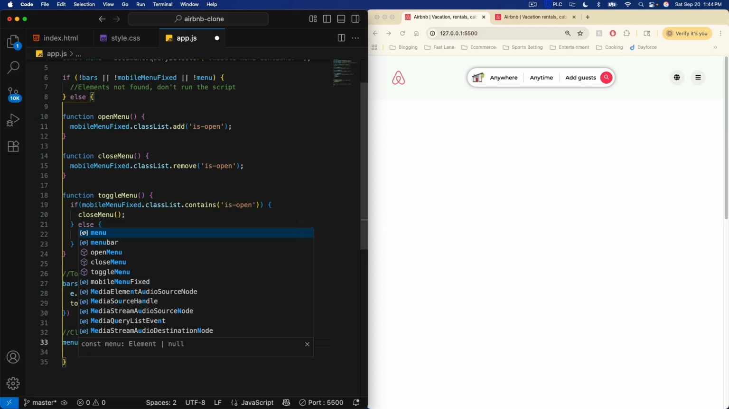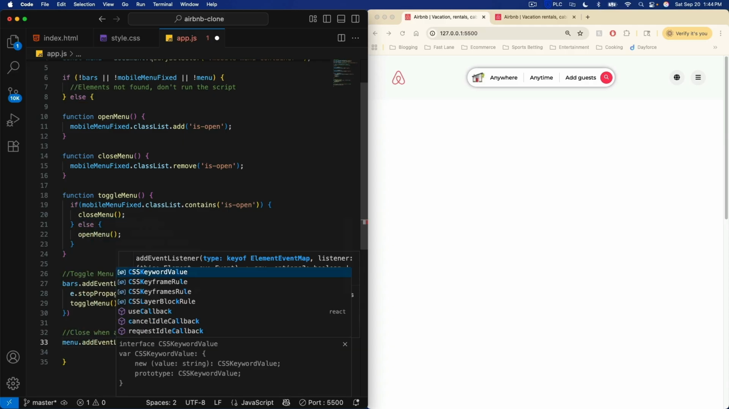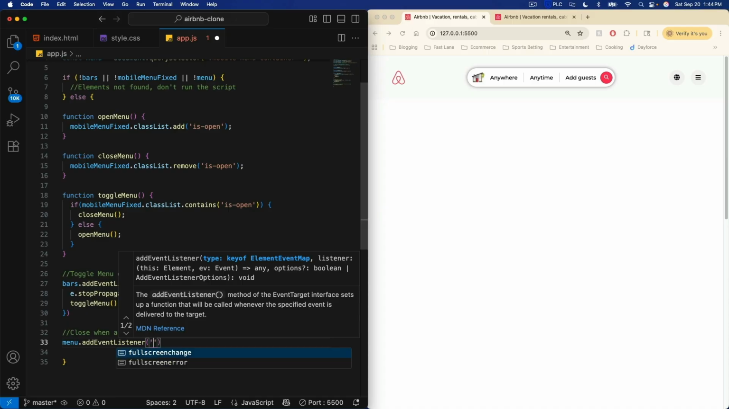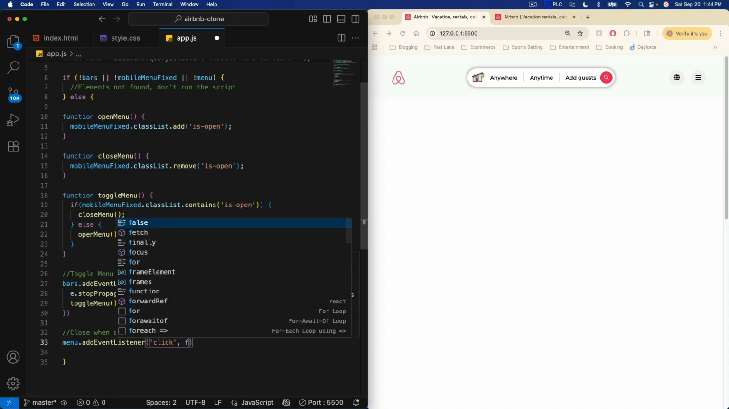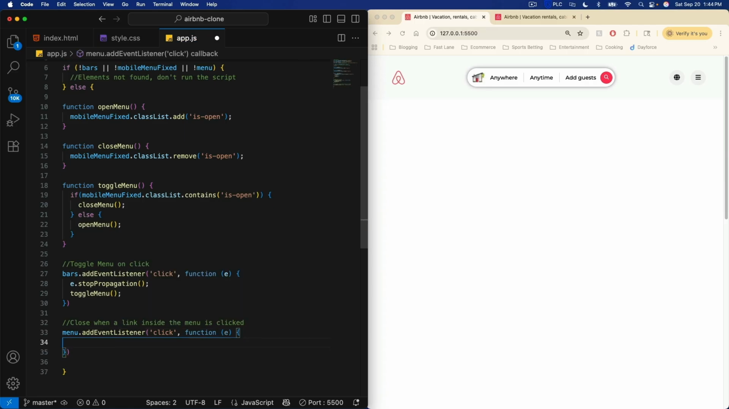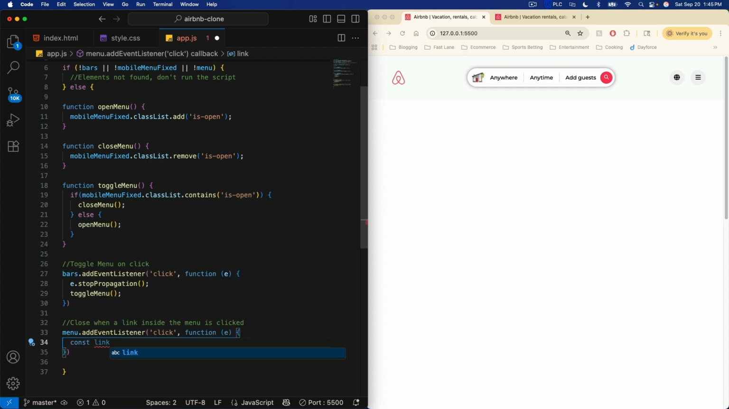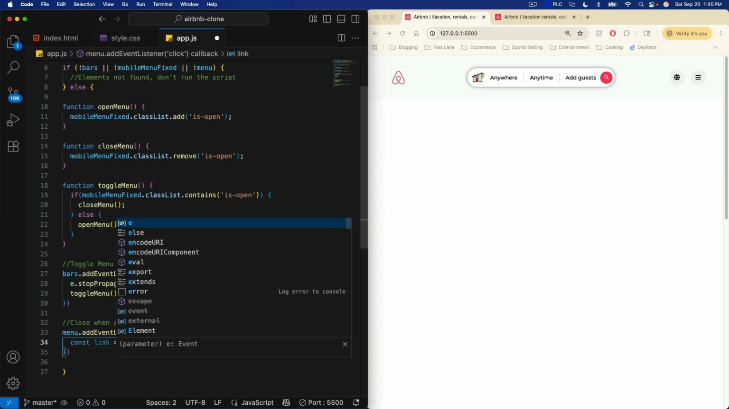So we're going to say menu dot add event listener. And again, we're going to listen for that click event. It's called an event when a user does something. So we'll say click. And then same thing, we're going to say function, parentheses, E, our curly braces. And now we're going to make another variable. We're going to say const link for our menu link. And that's going to equal